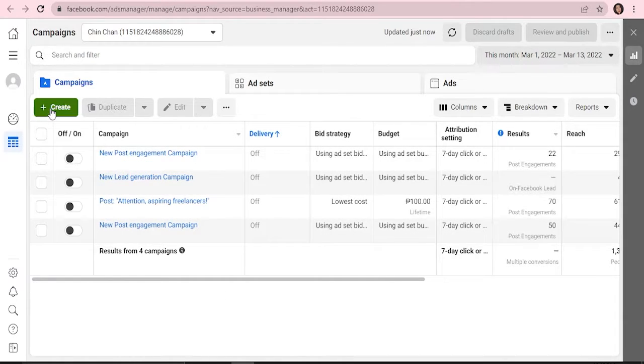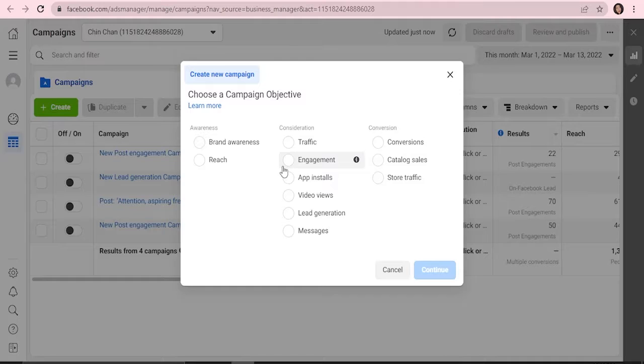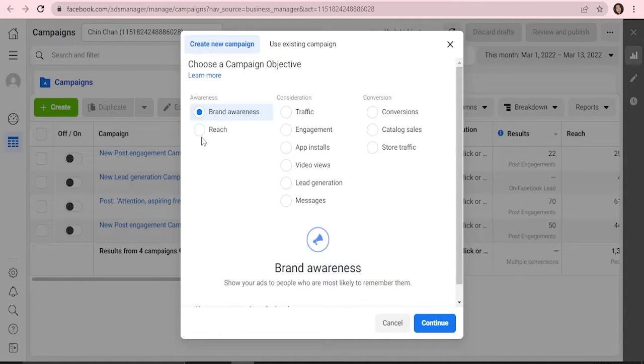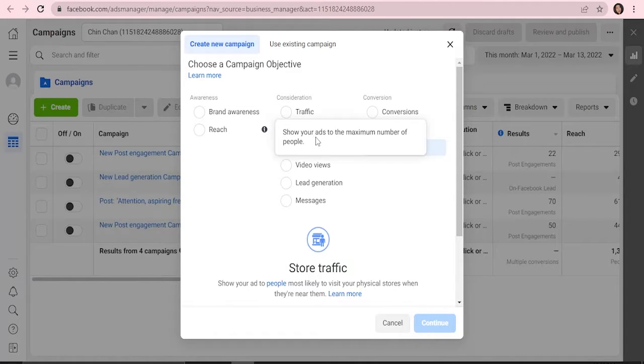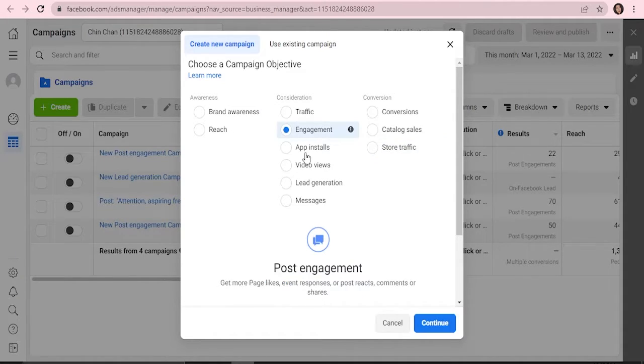In creating a campaign, you have to think, what results would you want to achieve out of it? Maybe brand awareness, reach, traffic, engagement, app installs, video views, lead generation, messages, conversions, catalog sales, and store traffic. You can select one thing right here that you think would work best for your business. Right now, for this tutorial, I'll select lead generation as an option. Then hit continue,